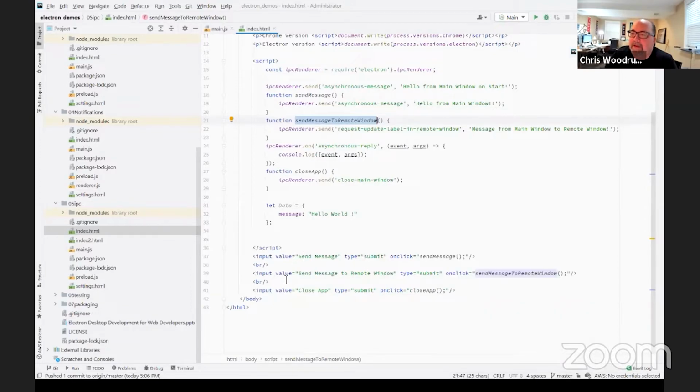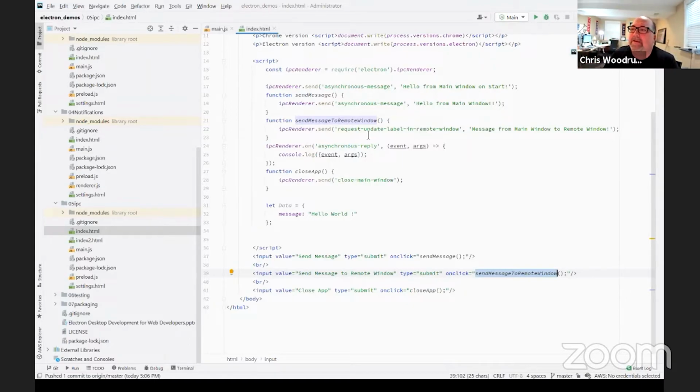So down here for each one of those buttons, I have an on click, and it's just calling back into one of those JavaScript messages to send something, either a message back to the main process to just be handled, or this other one, which is a message that would be sent to the remote window.